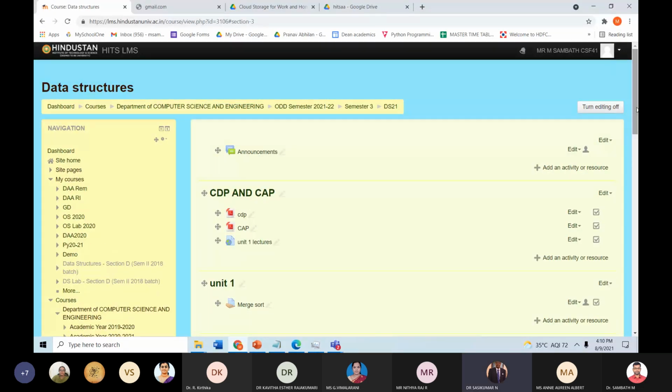Sir, I have one question. Yes, sir. In MS Teams, we have a database, from which we can get the quiz. Is there a similar provision in LMS to choose a quiz from a database? In MS Teams also, first you need to create the forms, right?